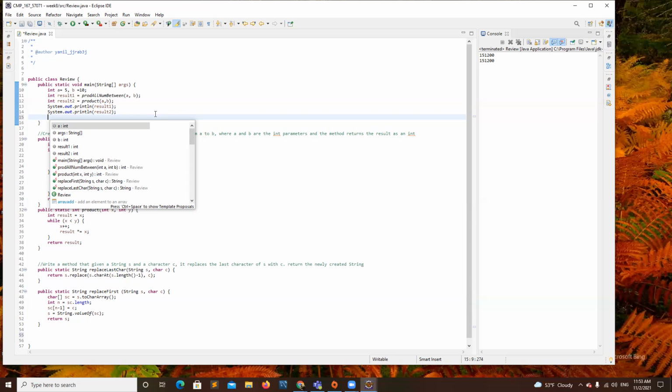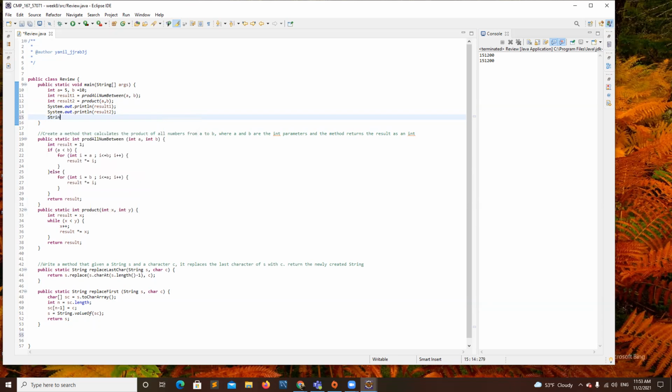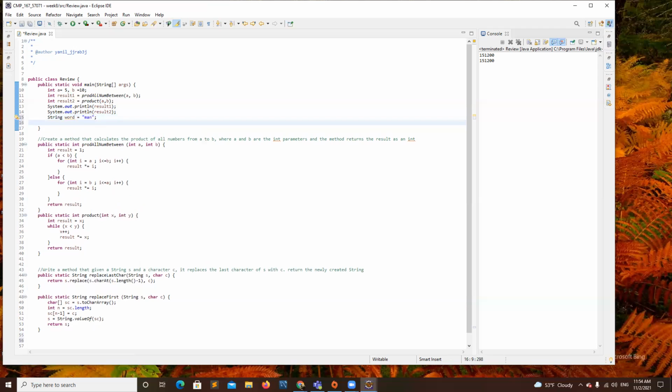So let's say I have a word named... and instead there I can have something called man. And so if we use this implementation, replace the last character, if we put in here P, we are going to save this into a variable.